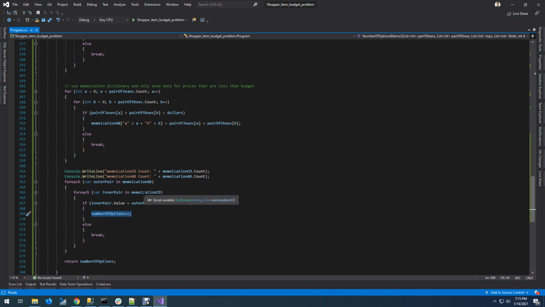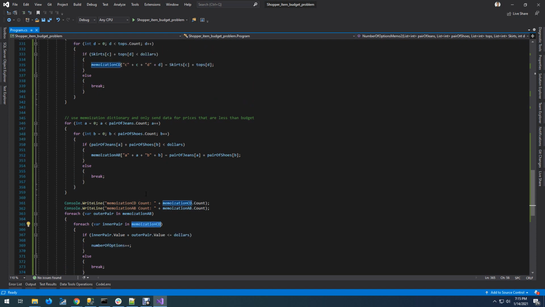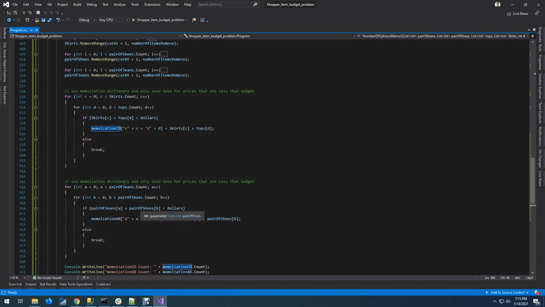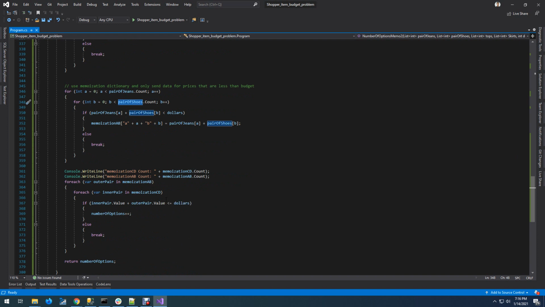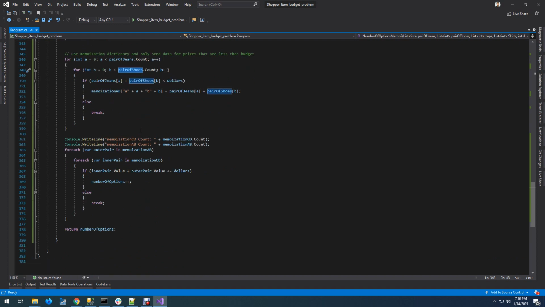Now, these memoizations are also in increasing order because of the way we create them, so it's going to break. The previous value is always going to be less than the next value over here. That's how it makes sure of that. And then we break